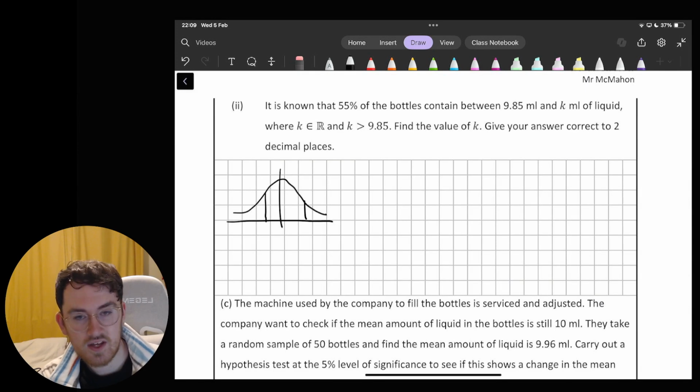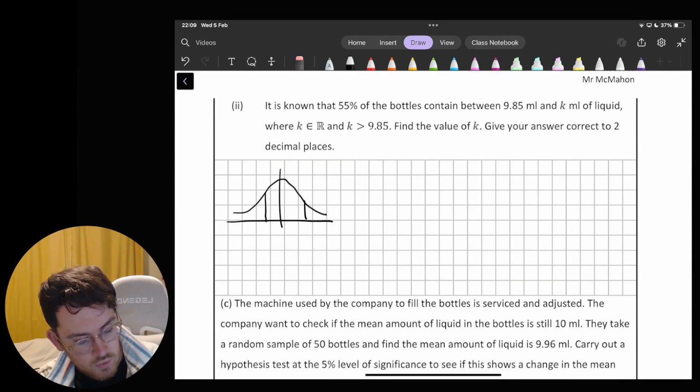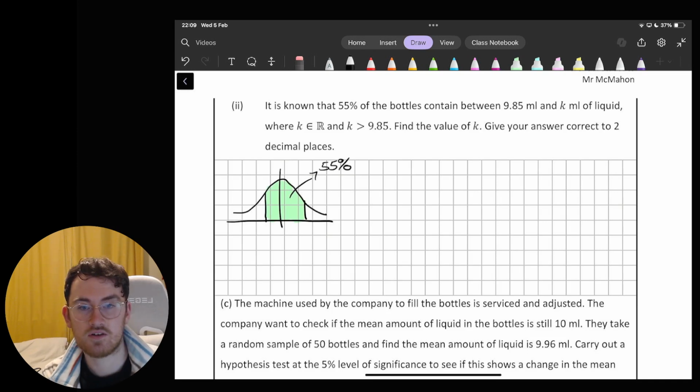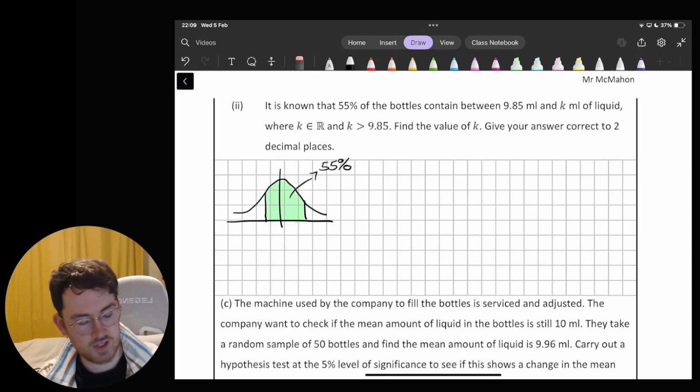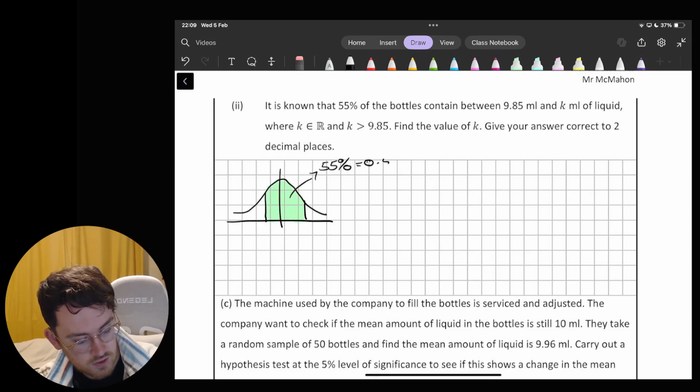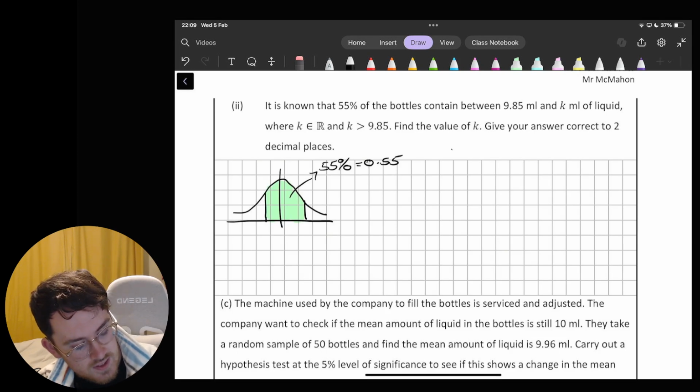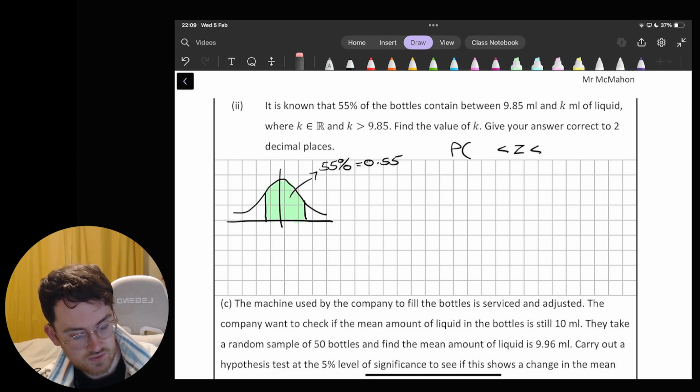I basically have two values here, and I know that between those two values 55% of the information is included, which of course is 0.55. So we're saying the probability that the z-score I'm looking for is between the two relevant z-score values